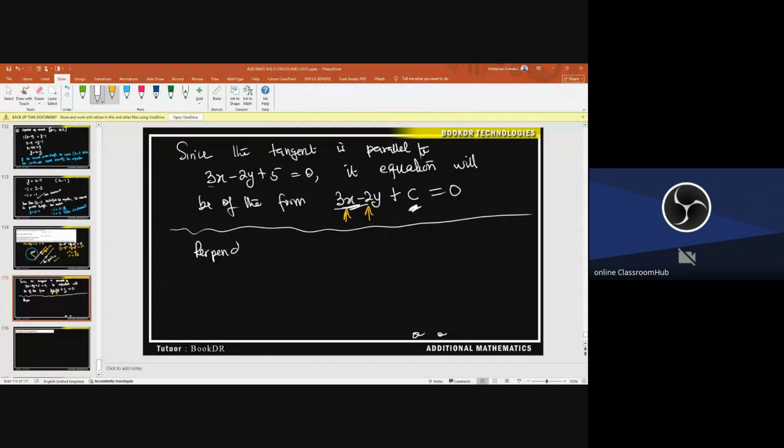Perpendicular distance of the center to the tangent. The formula is, or in SHS 1, that